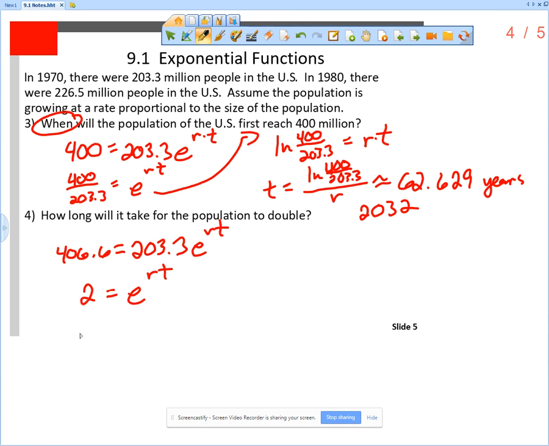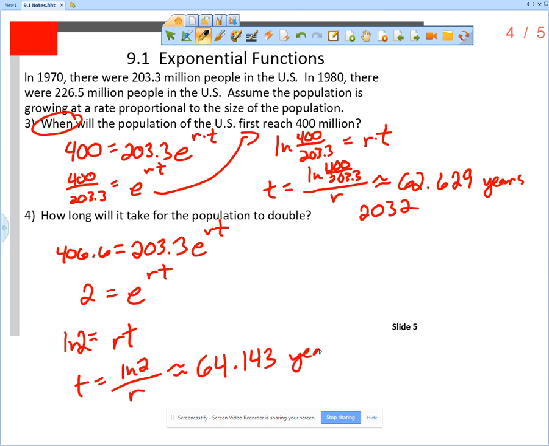All right, so we're going to take the natural log of both sides. So the natural log of 2 equals, well, the natural log of e to the rt, or just rt. So t is equal to the natural log of 2 divided by r. And remember, r was that previously calculated value. So we're going to take the natural log of 2 divided by the previous answer, which now gets us